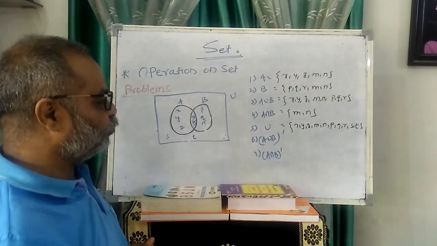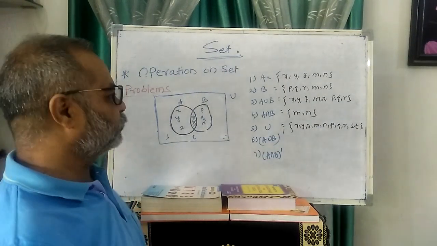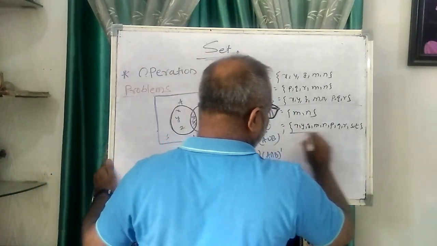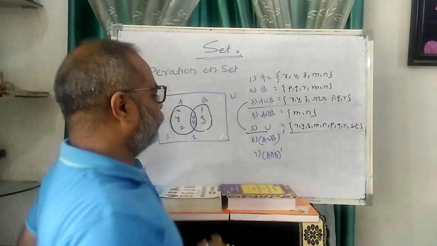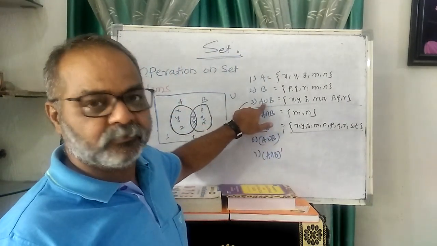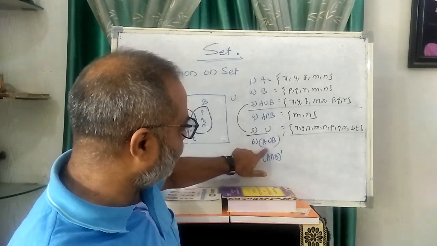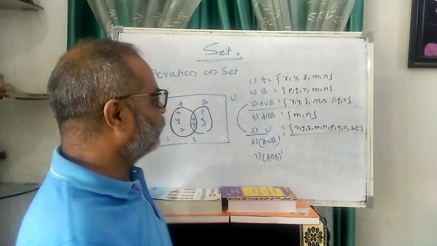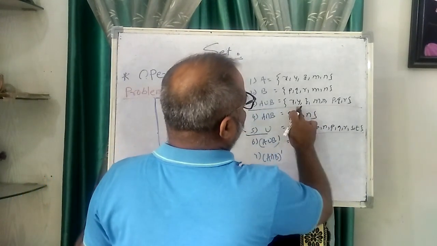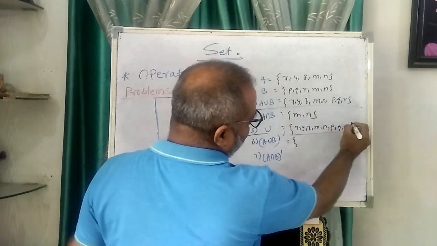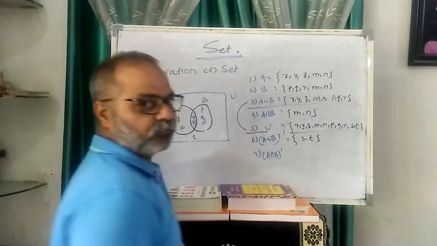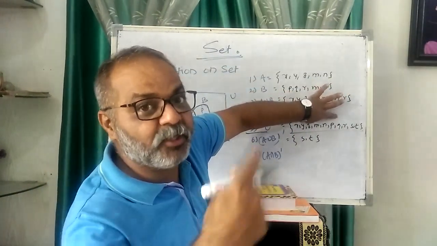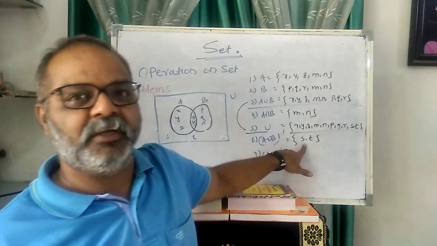Now, next is A union B complement. A union B is present here, look at the numbers 3 and 5. We are using the universe. A union B is here, so for the complement of A union B we delete all these elements from U. What do you get? What's remaining is only S, T, because A union B contains the other elements, and we are deleting them from U. We just find the complement. So A union B complement is S, T.